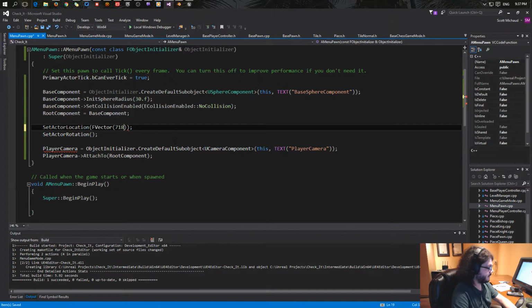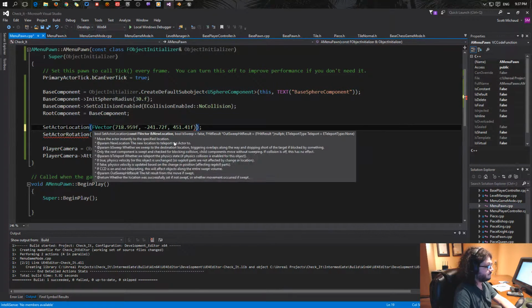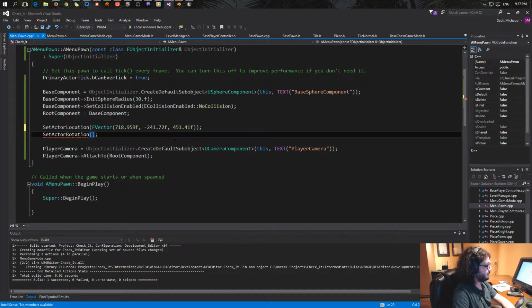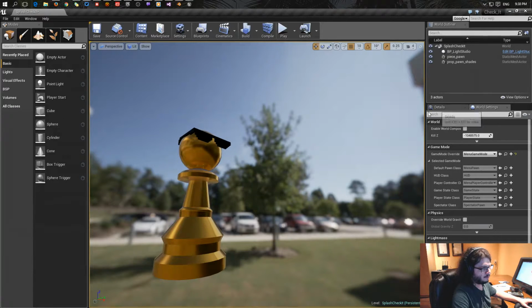718.959 F, and then negative 241.721 F, or 72 F. And then 451.41 F. Actor rotation, FRotator. I'm gonna have to see which one's which. I know in the editor it's backwards, so